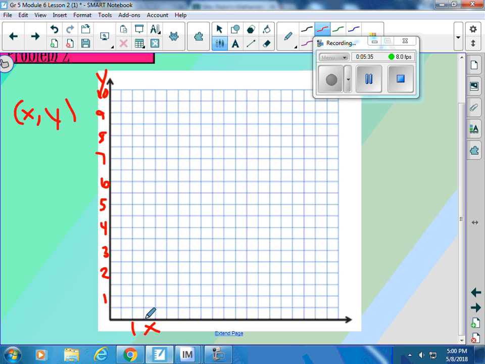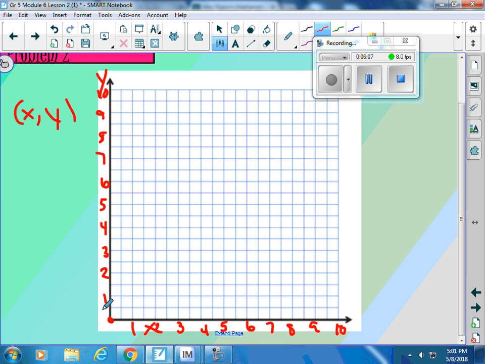This would be 1, 2, 3, 4, 5, 6.5, 7.5, 8.5, 9.5, 10. Now, on this line, on my x-axis and on my y-axis, they